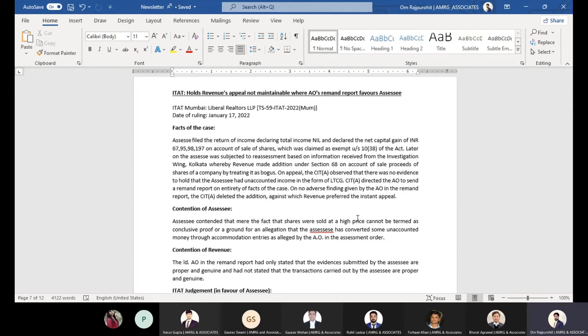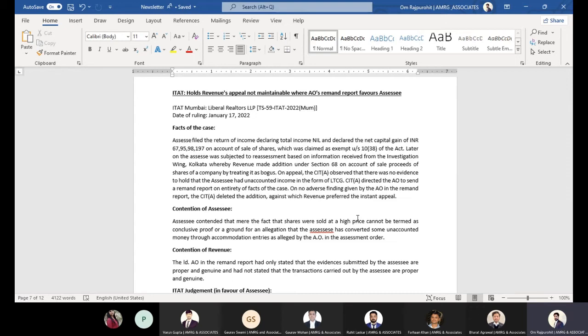Many of you might not be aware what a remand report is. First, when the matter is examined by the assessing officer and goes against your favor, if the assessee is aggrieved by the order of the assessing officer, then he files an appeal before the CIT appeal. There might be chances that all the details were already submitted before the tax officer, and there might also be chances that some information was not submitted before the assessing officer and was received later,